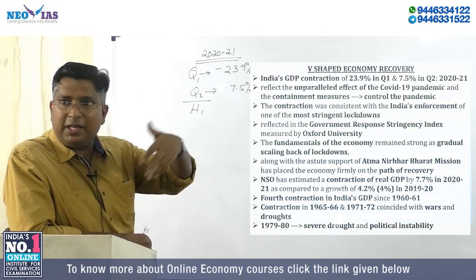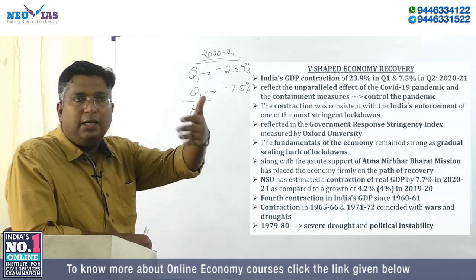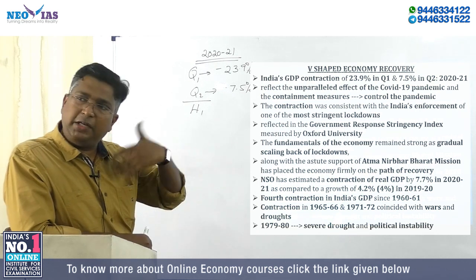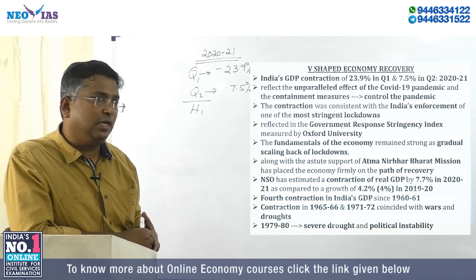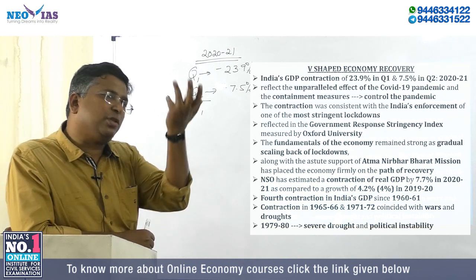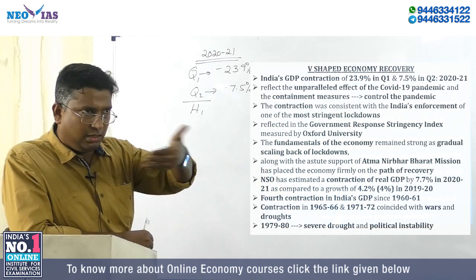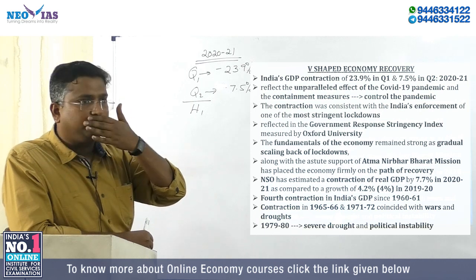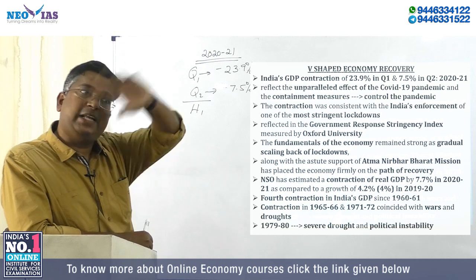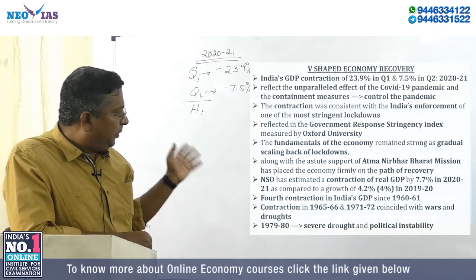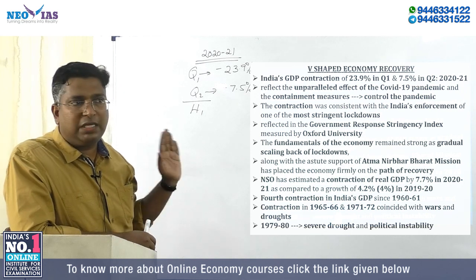So we are still recovering. We are at a recovery stage from a negative growth rate, and the data will clearly speak about recovery. But it is sure that by the fourth quarter, we will be in a positive growth rate. Third quarter, maybe it will be minus 0.2 or something like that. We don't know exactly. The December quarter is over, but the government is still collecting data. We need some time; only with a 2-month gap do we get the full data. But we'll stick with what is mentioned in the economic survey. You are supposed to know what is mentioned in the economic survey.